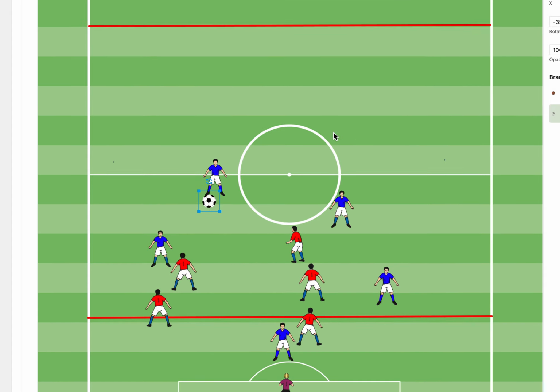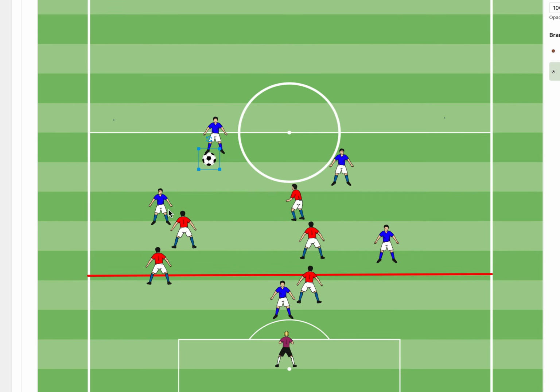Why? Because, guys, I guarantee that every time that we are attacking, where you can find the easy spaces to play is at the back, simple like that. We're always going to find a bunch of openings right here, because the pressure from our opposition is in this area right here. So now if we decide to drop back, guys, what's going to happen is that our opposition most of the time is going to try to make a lot of pressure right here, right? So if they do that, guys,